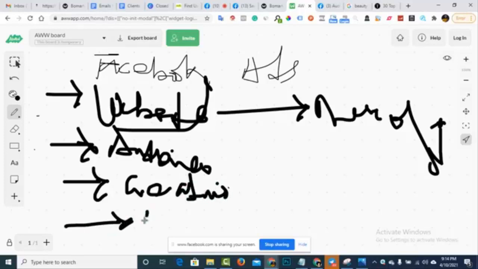Fourth is your ad copy. These are things you really want to make sure you get dialed in before, so that when your ads are not working, you know where to go. Where is the problem? What exactly is the problem? It becomes easy for you to know where the problem is.